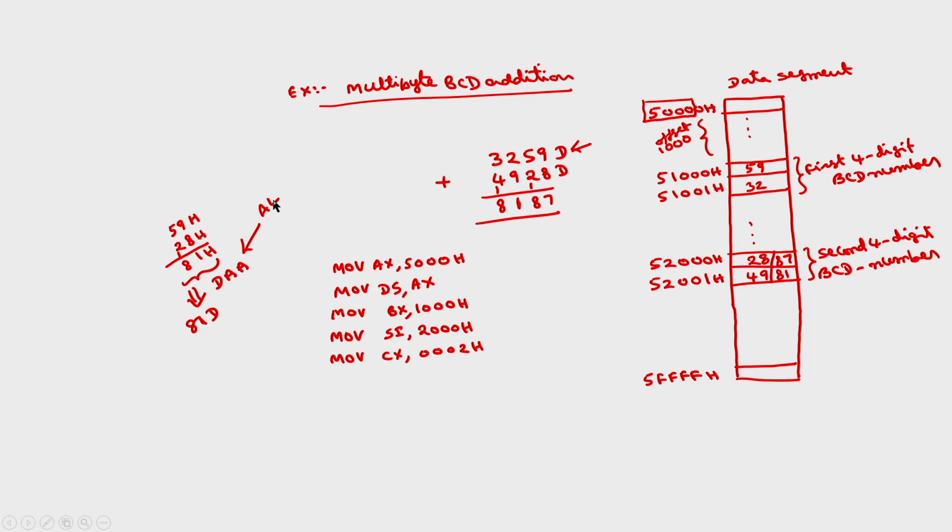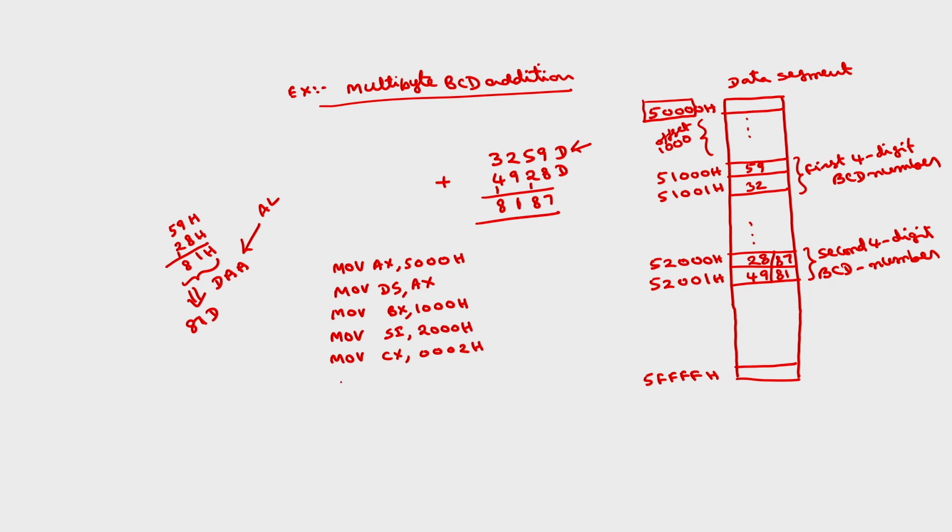That is the reason why I am performing this 2-byte addition. If this is hexadecimal, I can perform 16-bit addition in a single step. Because this is decimal BCD, I am taking this as 2 bytes because I have to manipulate the data in AL only. So this DAA instruction will operate with only 8-bit data which is stored in AL. I think the justification is clear.